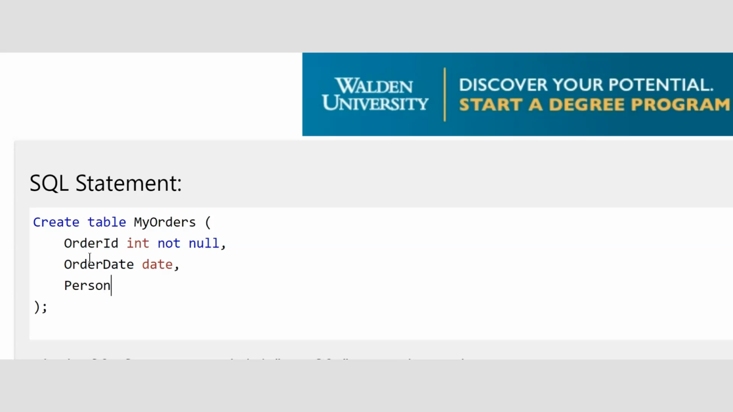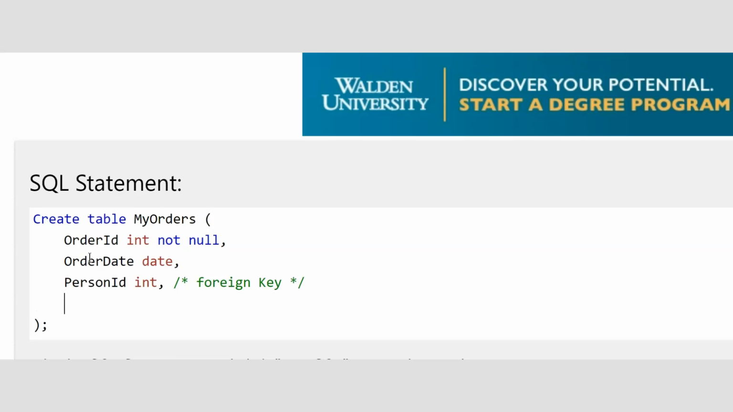And now person ID is going to be, in this case, person ID as an integer. And this is going to act as the foreign key. I'm going to go ahead and remind myself this is foreign key. Okay, and we're going to go ahead and establish the relationship between the person and my orders tables. But before we do that, let's go ahead and put the primary key as order ID,